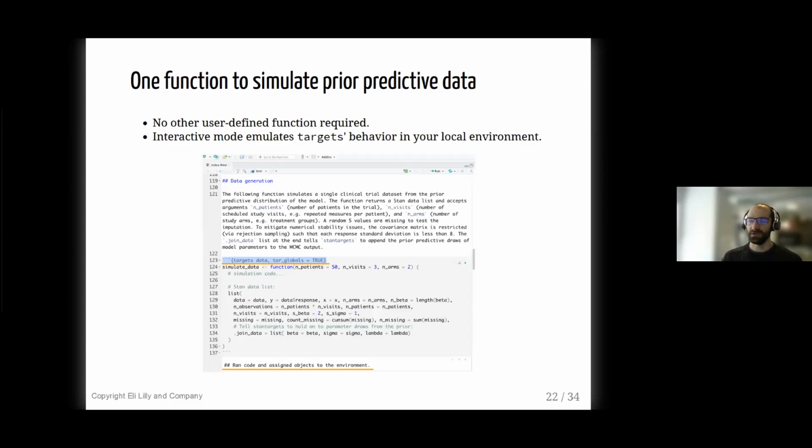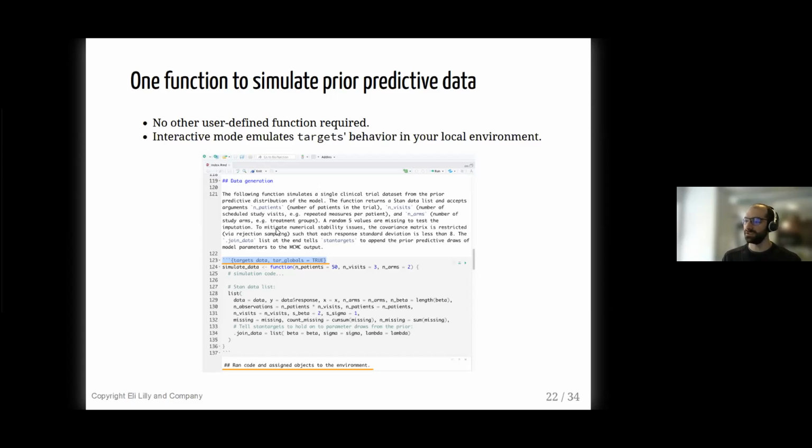So here's part of the example report for that calibration study that I described before. We use R Markdown to tell the story of the data analysis workflow, and use prose like the paragraph in line 121 to tell the user what's going on here, what we're trying to do at this point in the workflow. And what I'm explaining here is we're beginning by writing a function to simulate data from the prior predictive distribution for this calibration study.